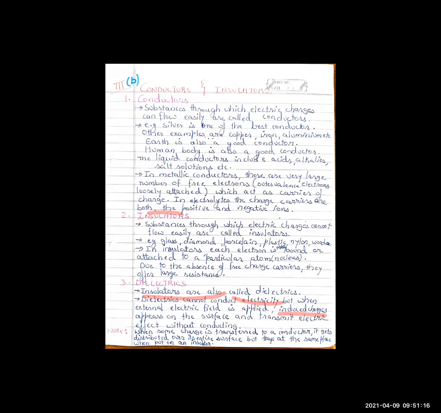See, here one note is written that when you transfer some charge to a conductor, that charge gets uniformly distributed over the entire surface. If this is a conductor and you provide some positive charge from here, that positive charge will be uniformly distributed, right? But if you provide a charge to an insulator, wherever you provided it, it will stay right there. It will stay at the same place wherever you have put it. Right, children? So this is it for today's class.